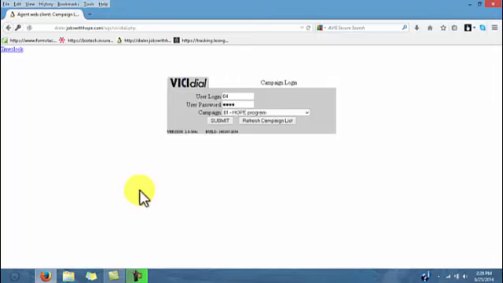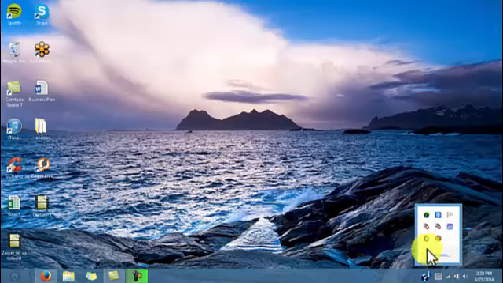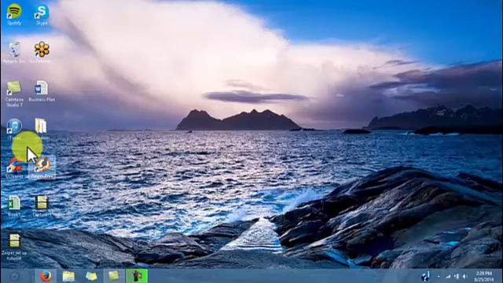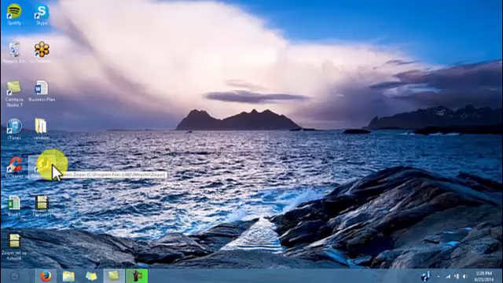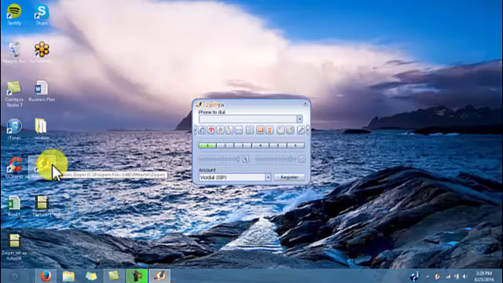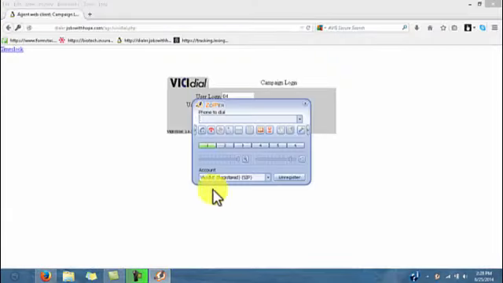And also, before we click submit, you want to make sure that your Zoiper is open and also registered. It's one thing you can check to see if the icon is down here, which mine is not. So I want to go ahead and open my Zoiper. And also from there, make sure it's registered. If you go ahead and click log in without the Zoiper being open or registered, this will not work. So once I have my Zoiper up and running, it's registered, it's telling me ViciDial is registered,